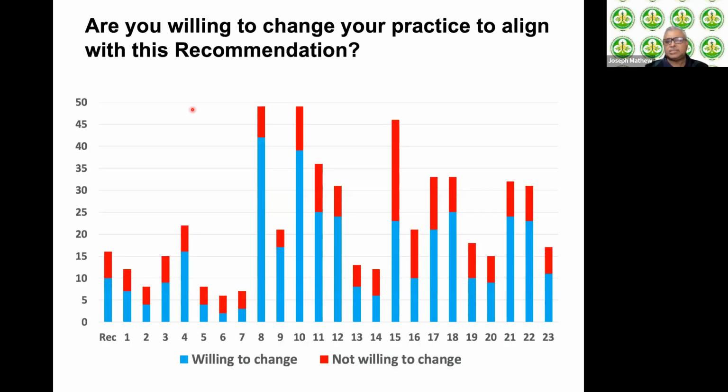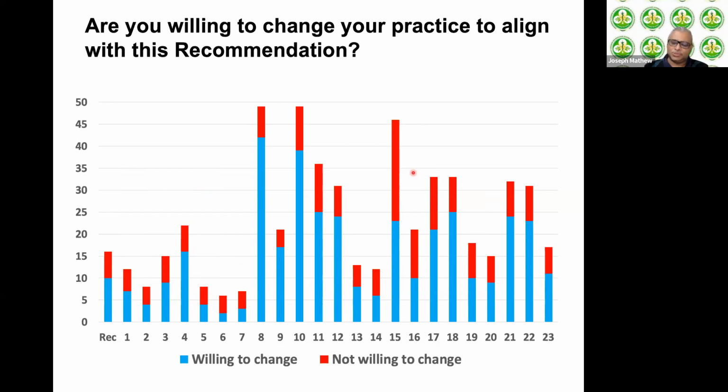Then we went further and asked this population of clinicians, now that you know the right thing to do, would you be willing to change your practice to align with this particular set of evidence-based recommendations? And these blue bars actually represent the people who said yes, they would be willing to change. And the red is people who said they would not be willing to change. So you can see that the red is slightly in minority to the blue, but there's still a significant number of physicians who said that despite the availability of good quality evidence-based recommendations, there are some hesitations in changing practice to align with those.